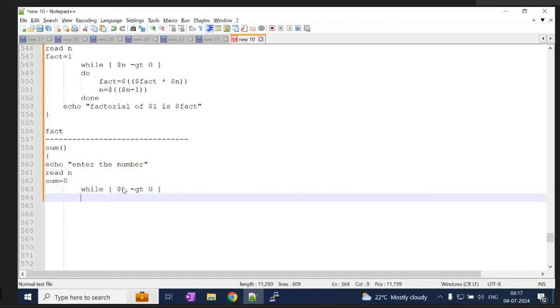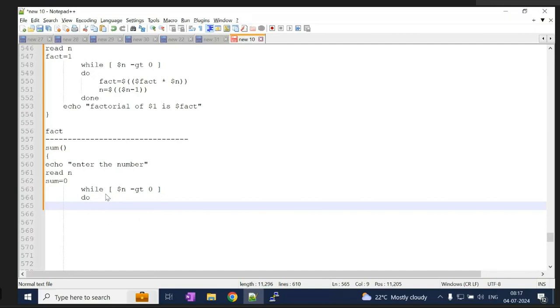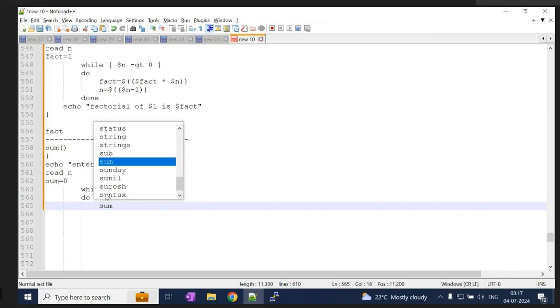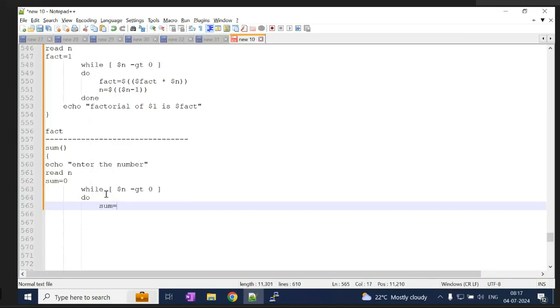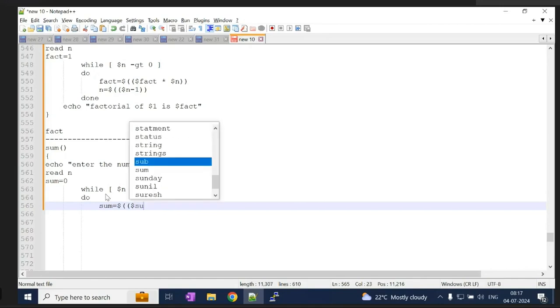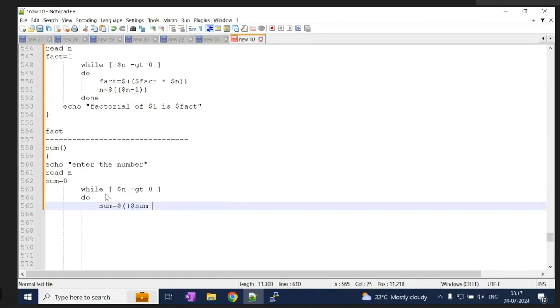This is my condition. If this condition is met, then we go inside the do and do the sum of that number. sum equals dollar sum, my initial sum value is 0, plus my number n.